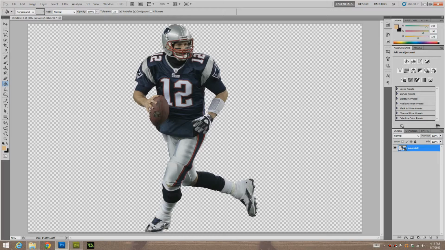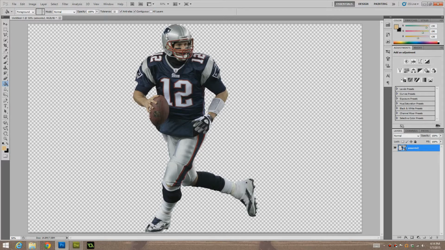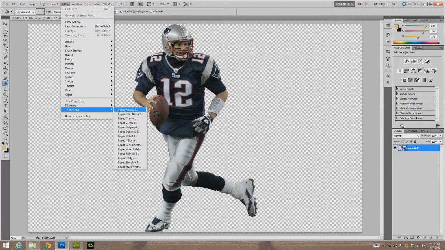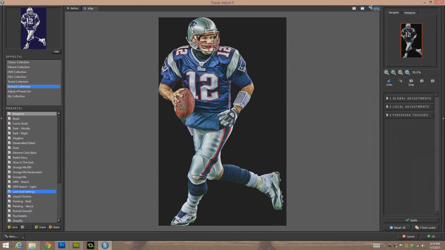So then what you can do with this is I can right click, or you can go onto your smart object layer, and you can go to filter, and we can add a skin to it. So I'm going to go to adjust. I'm going to show you my old main skin. It's a very good skin if you want to use it. So you just go to stylize collection, and then you go to HDR sketch. Just leave it like that,